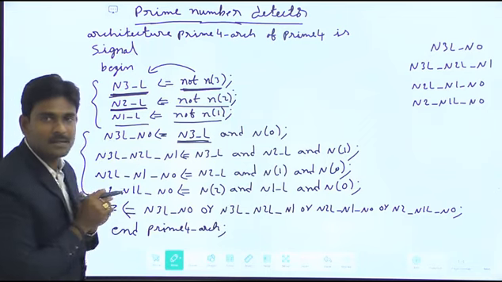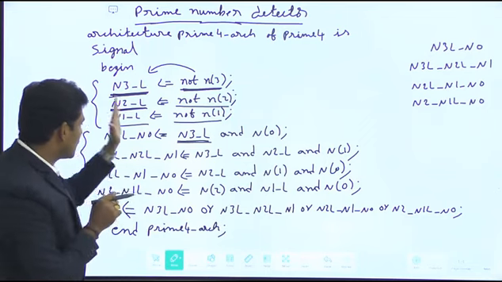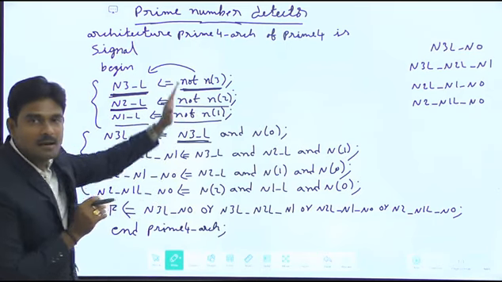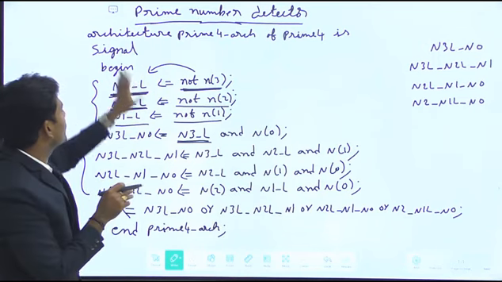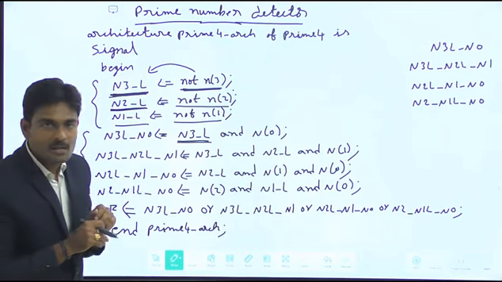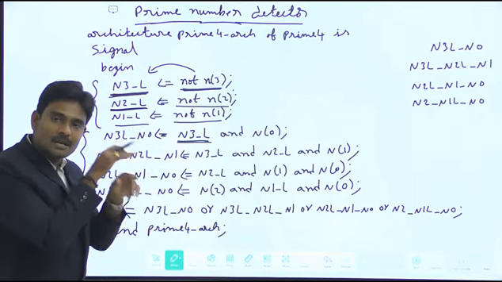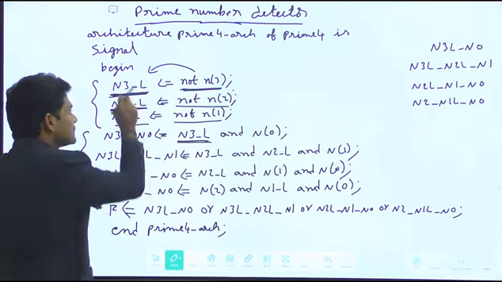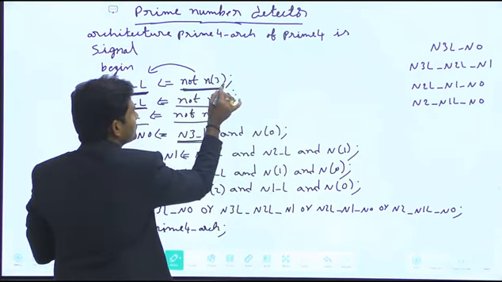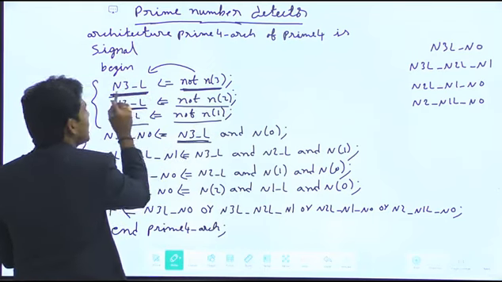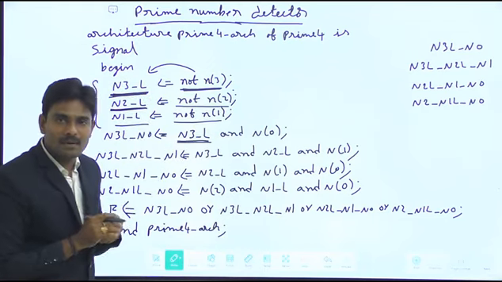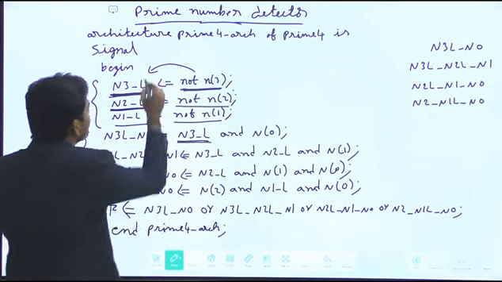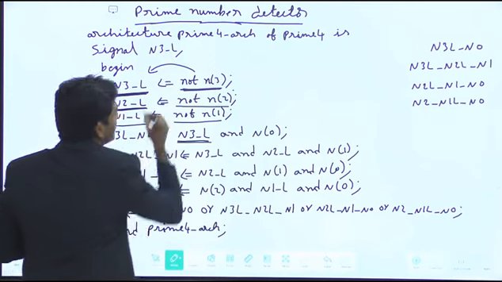So this is the architecture body, where it consists of all these signals. Whatever signals, either on the left side or right side, look at those signals. If these signals are already defined in the entity declaration part, no need to declare them as signals. The signals not yet declared in the entity declaration part must be defined in the signal declaration part. Starting from the first, N of 3, here I used 2 signals, N of 3 and N3_L. N of 3 is already predefined in the entity declaration part, but N3_L is not yet defined. So I am considering that N3_L first.